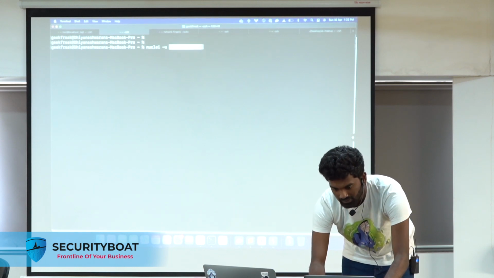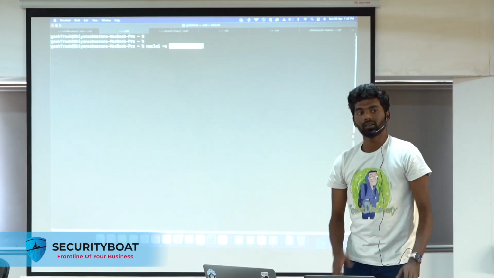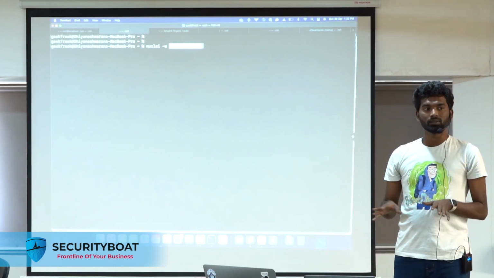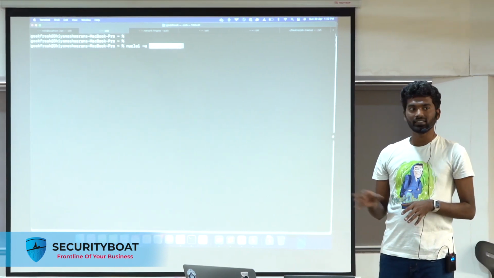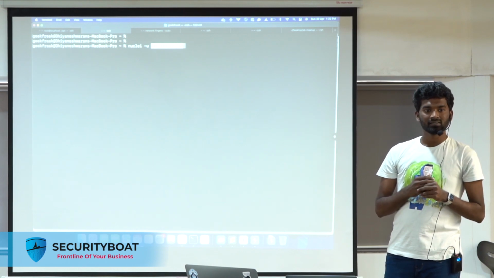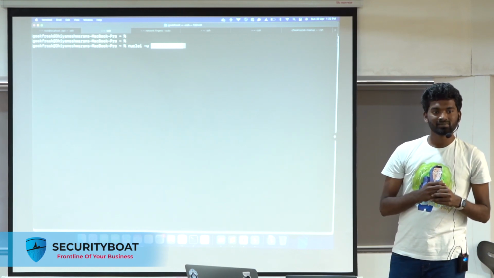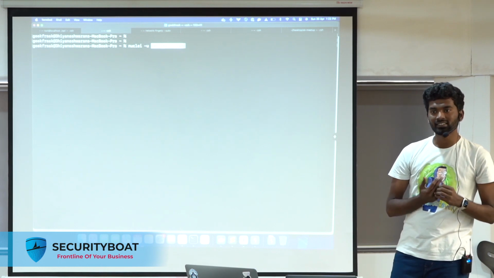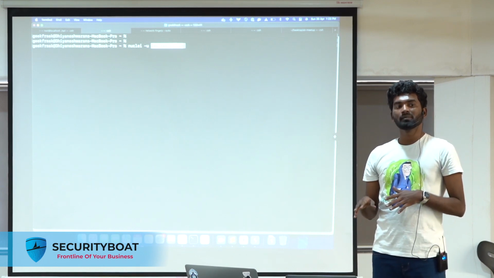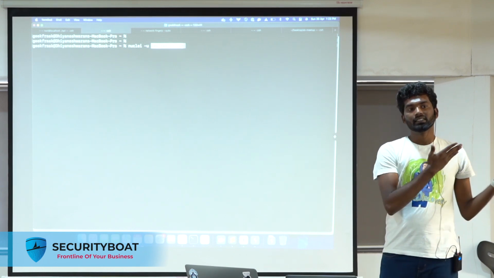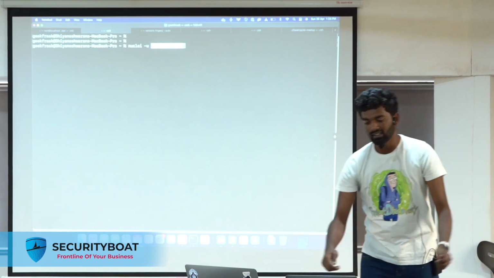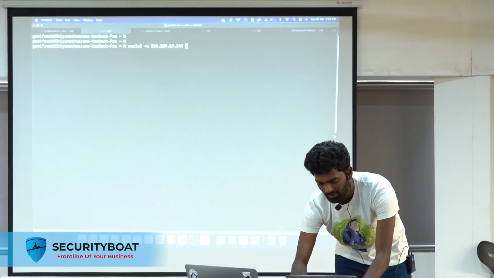nuclei -u. You don't have to specify a URL schema. Does anybody know what a URL schema is? Can someone tell me? Basically HTTP, HTTPS, the method we use at the protocol level. Yeah, exactly. So for running network templates, you don't need a URL schema. You can just have a list of IPs in your TXT file or a target file and then run the template, with -u and -id,